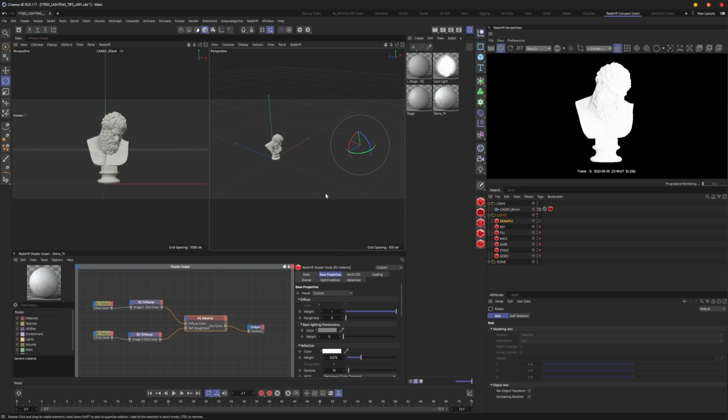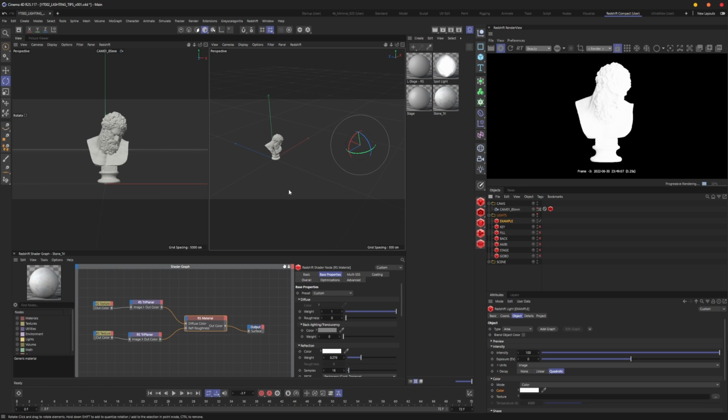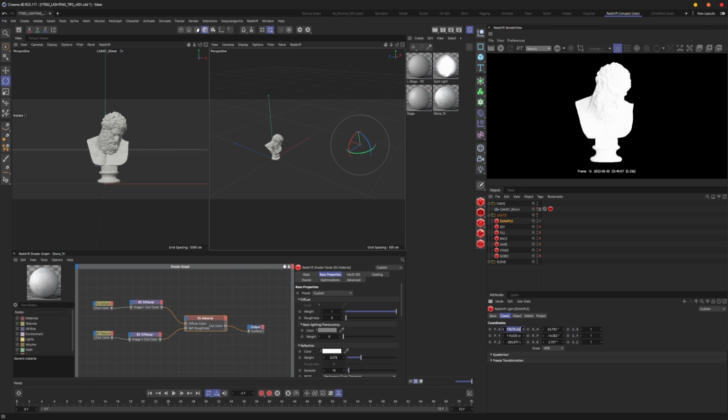You could put a target object. You could tell it to target this specifically, but then you don't have the freedom to move it. You have to constantly turn the target off and on and all that. So the way that I like to approach this is I'm going to zero everything out here, go back to the origin. I like to go here and use selected object as camera. So that way I'm actually looking through the point of view of the light. So now if I hit render,